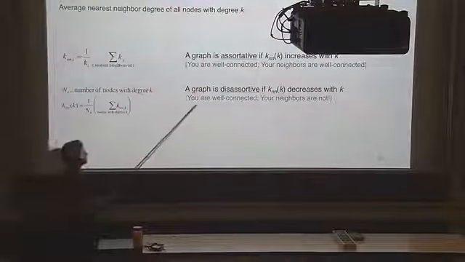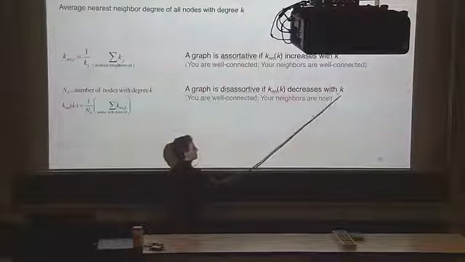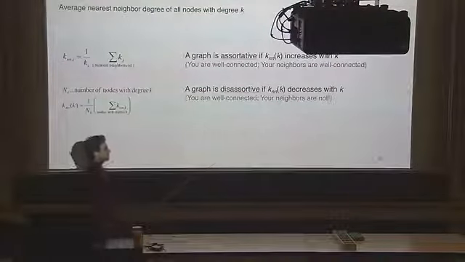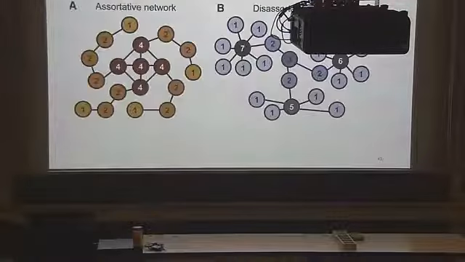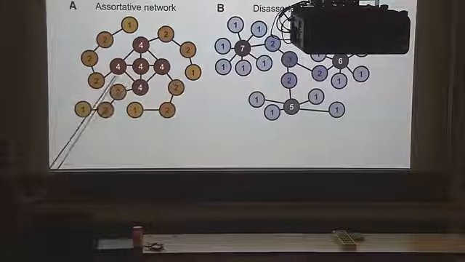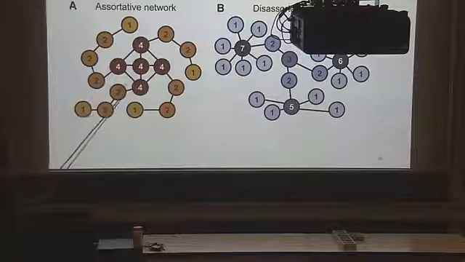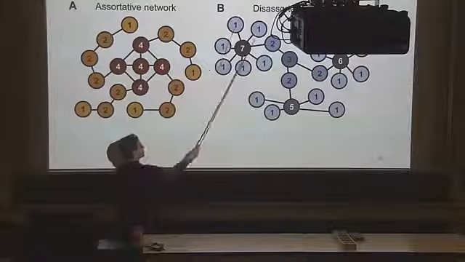But then a graph can be disassortative if you are well connected, so the node actually has a high connectivity, but the neighbors don't have the same high connectivity, which is normal societies, I assume. This is actually visually very clear. What would be the differences between assortative and disassortative networks? In this case, we have nodes with degree 4, and they're surrounded by nodes that also have high degrees. And then here we have a 7, but this 7 is surrounded by nodes of